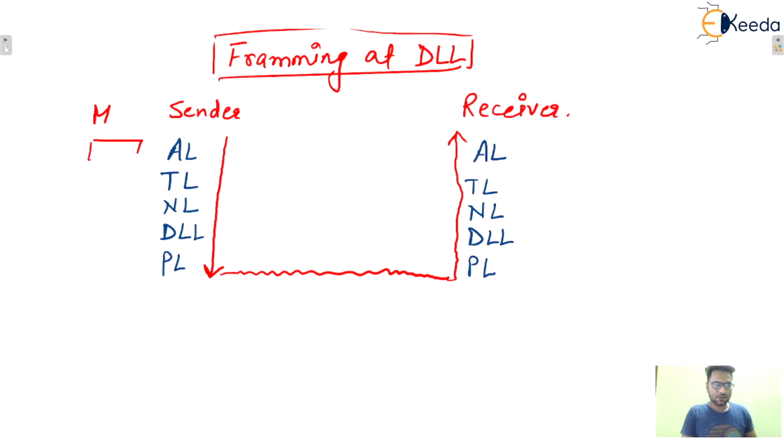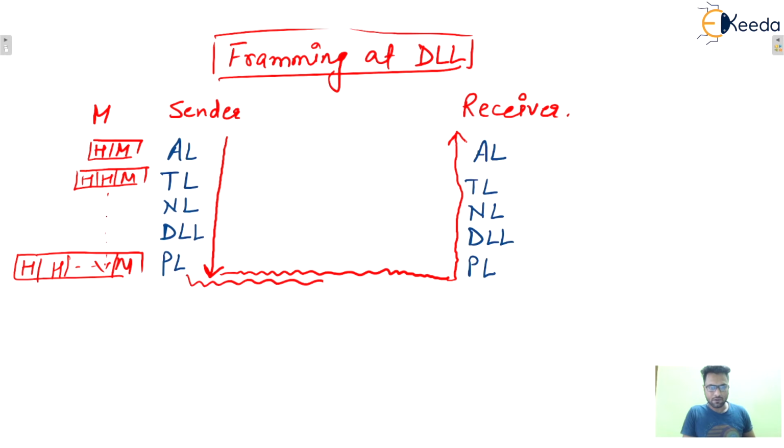So the application layer will add its header to this data, isn't it? What is the functionality of the headers will be seen later. Next, the transport layer will add its header, and the network header is also there. In this manner, at last the physical layer will add its own header. So whenever this data goes to the receiver end, at first the header of the physical layer will be present.